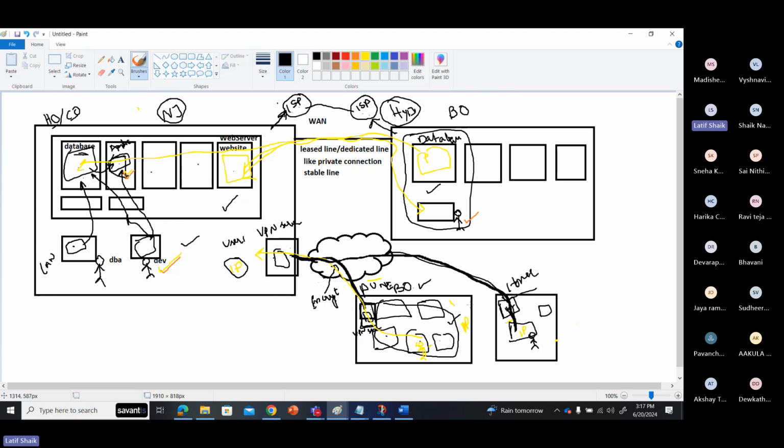Okay. Once you have established the connectivity, your VPN server will verify your username, authentication and credentials, then establish connectivity between this VPN server and your laptop. So your laptop is now private, and you are able to connect to these servers as if you were connected in the local area network.